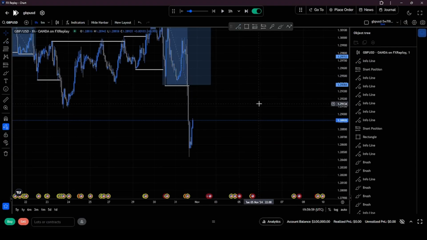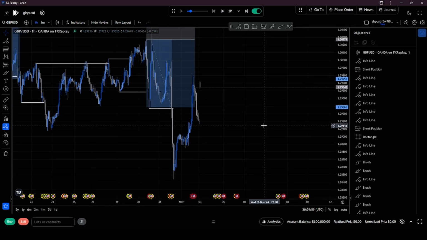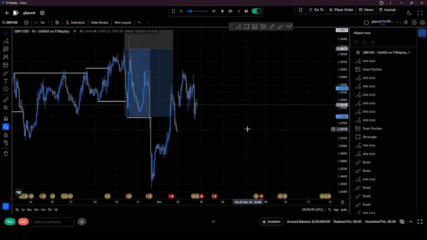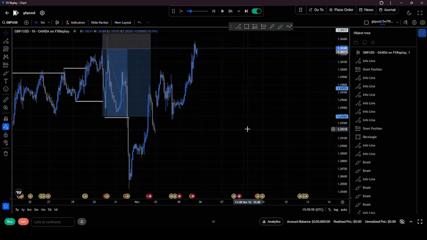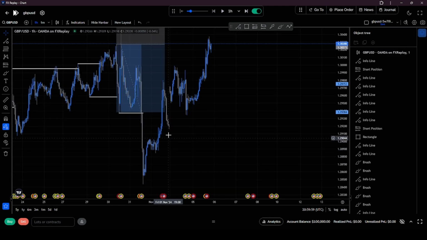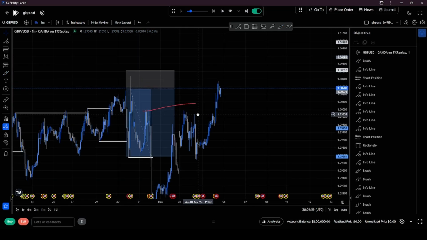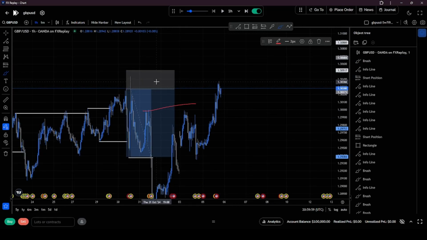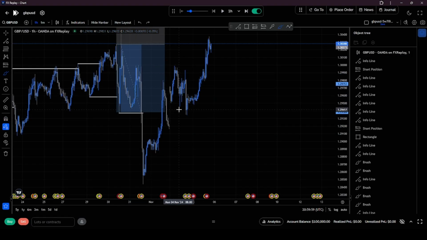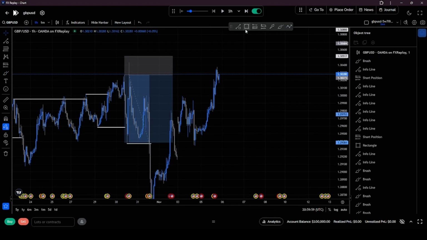Let's see. You see, we didn't have any major inducement in this price leg. The external was a major inducement. So price broke the external. We don't have any point of interest within this price leg here. Okay. So after breaking that external, then